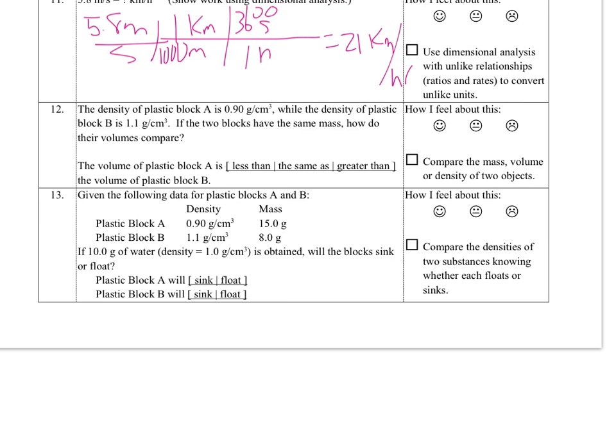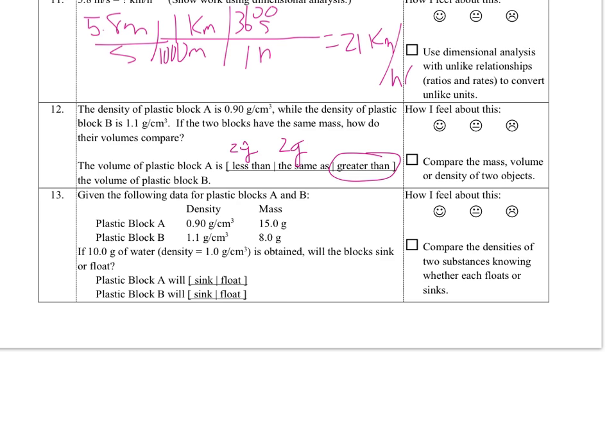A density of plastic block A is 0.9 grams per cubic centimeter. Block B is more dense at 1.1. If the 2 blocks have the same mass, block B is more dense. They have the same mass. That means the volume of plastic block A, which is less dense, is greater than the volume of block B. I could draw this out here if I wanted to. Let's just call them both